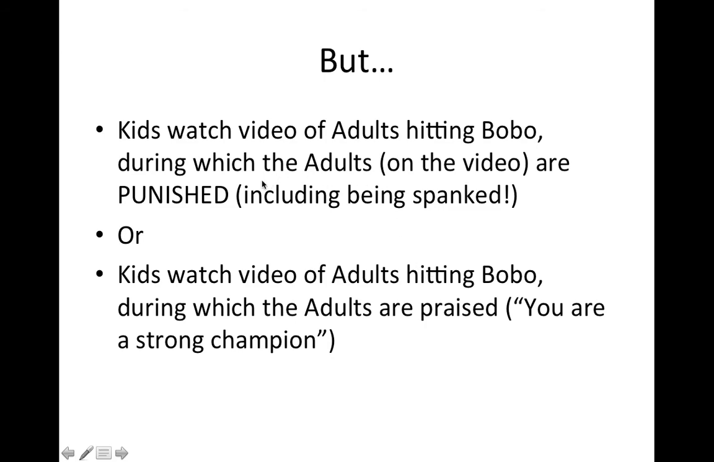But in one video, the adults that hit Bobo are punished, including other adults that come in on the videos and spank these adults. In other videos, the adults that are hitting Bobo are praised. An adult comes in and says great things to this person, including "You are a strong champion,"